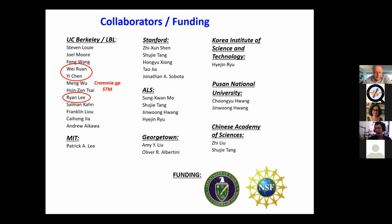Okay, another from Philip Kim. Have you observed any charge transfer between the substrate and the TaSe2? Yeah, okay, that's a good question. And there are some more reasons for that question too. I don't know what Philip Kim knows and what he doesn't know, but I will just mention that there is